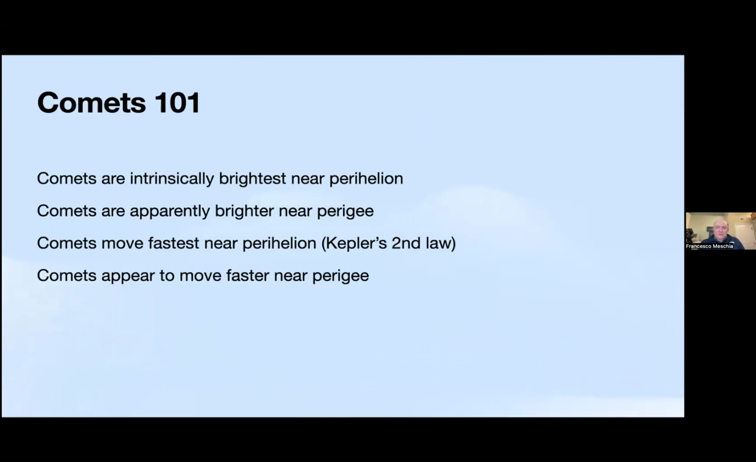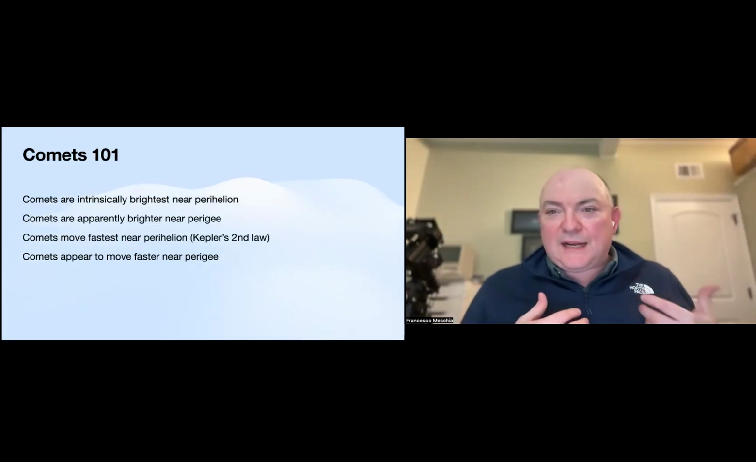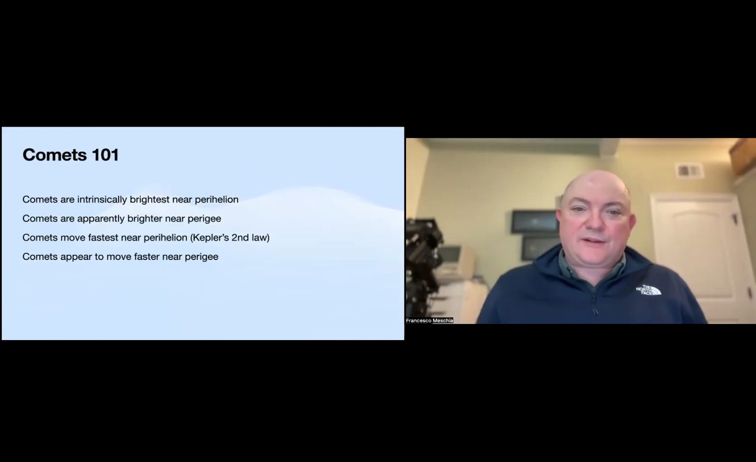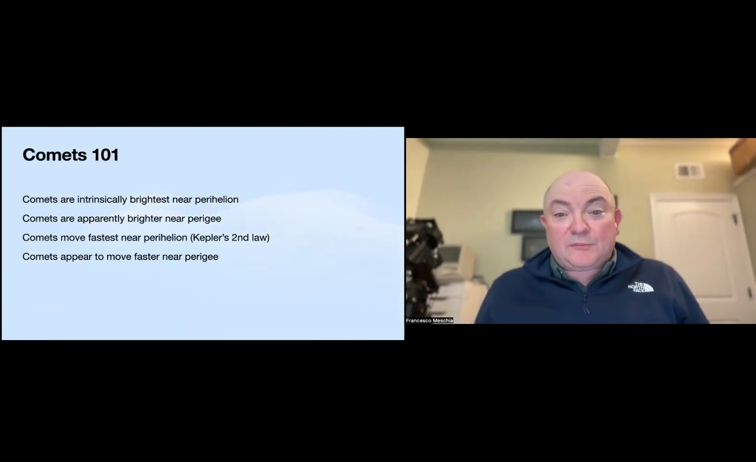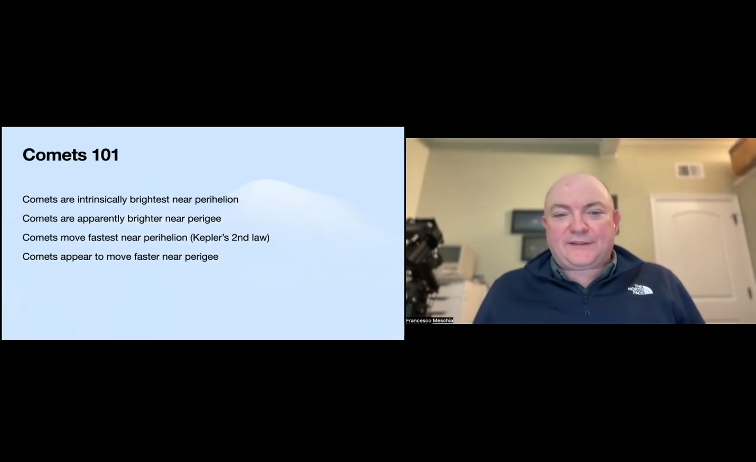So, as we know, comets tend to come from far away, and they get closer and closer to the sun, following their orbit. And they are typically brightest when they are closest to the sun. They appear brighter to us when they are closest to the Earth, or a combination of the distance from the Earth and the distance from the sun. And because of Kepler's law, they move fastest when they are near perihelion. And for us on Earth, they appear to move faster or fastest in some cases when they are near perigee,